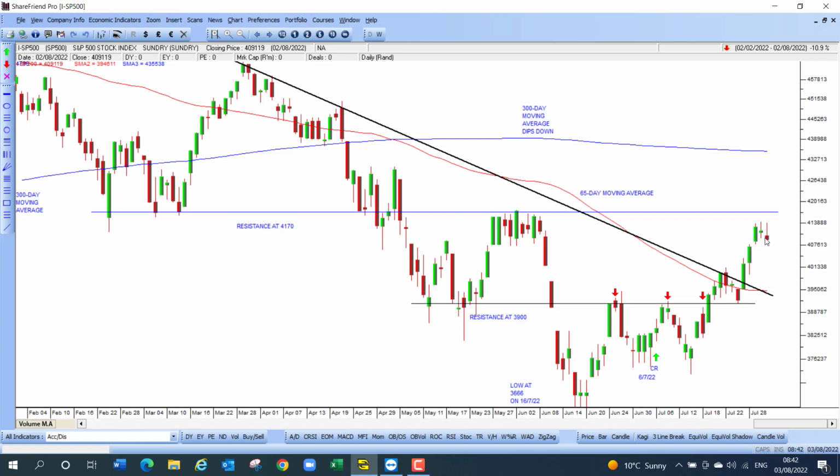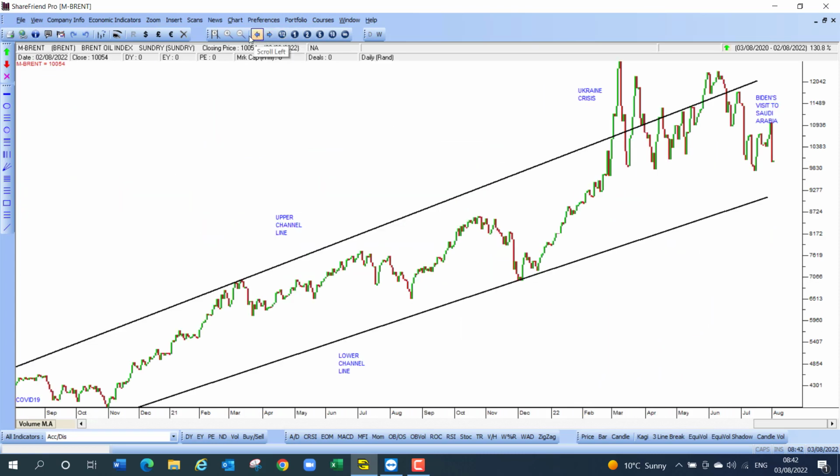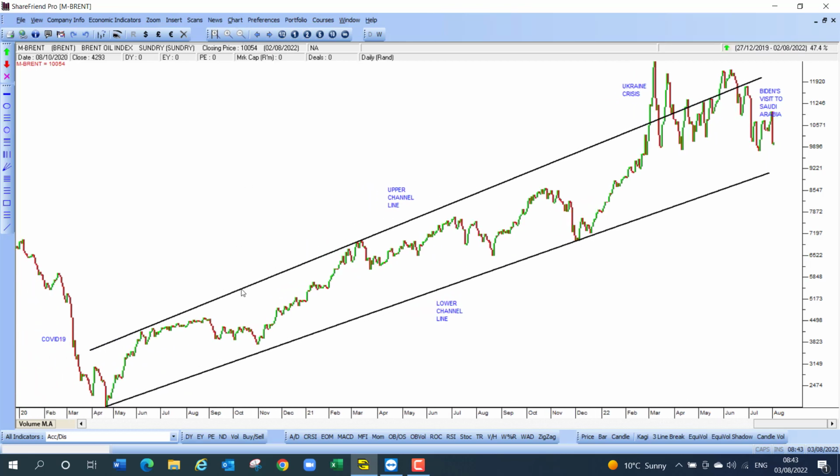Okay, so let's just take a look at that Brent crude oil price. I'm just going to have to put a bit more data on the screen when this comes on. Okay, so there we go to a 2-year chart, and I'll pull in even more to just show you where COVID-19 was. Okay, and here you can see the oil price over the last 2 years or so. You can see that it was after COVID, after the bottom here at COVID, where it fell to about $25 a barrel.